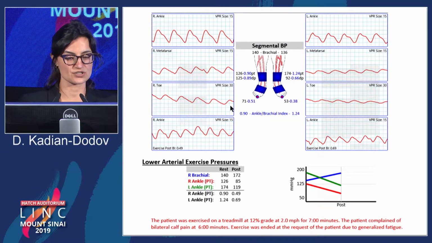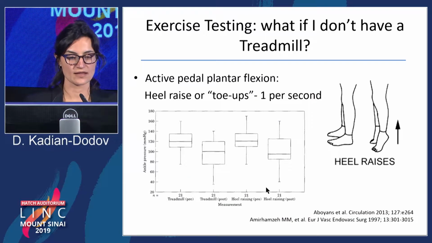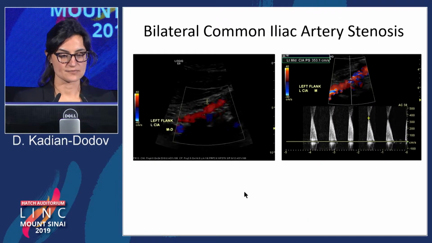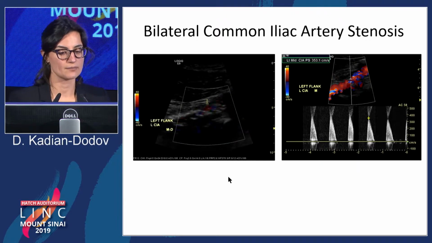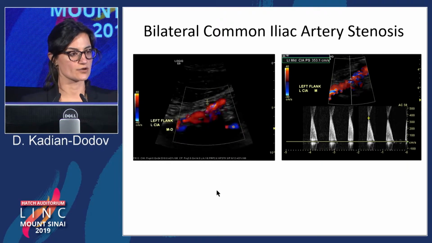This is the same case I was showing you before with the reduced TBI. He was exercised to make sure that the claudication he was reporting was actually responsible for his symptoms, and in fact, the ankle pressures did drop with exercise, 126 to 85, 174 to 119. I'm going to skip this, but he ended up having a bilateral common iliac artery stenosis that we picked up